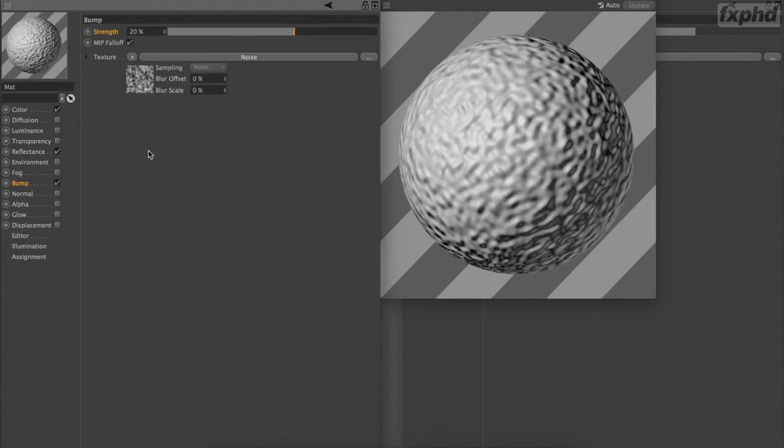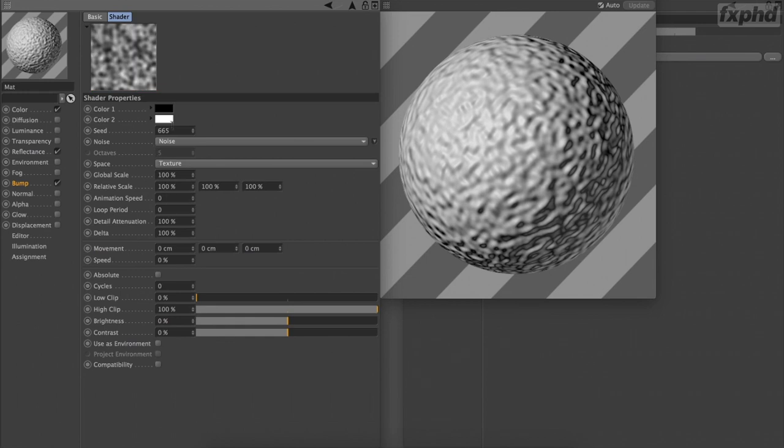Just put some noise on here. We all know Bump takes dark areas and pushes them down, and light areas pushes them up based on the lighting in your scene. It does not physically displace the geometry, so you can see the edge of this sphere is still perfectly round. It's just used for inner detail to kind of fake extra detail in an object. We all know how Bump works, so I'm not going to spend any time on it other than